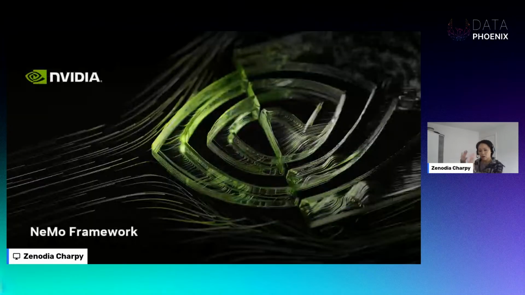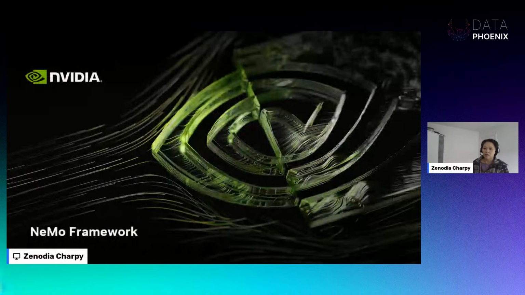Okay, so now we have talked about the NeMo LLM service, which is basically our way of opening our foundation models to people who had access to it. Now it's in early access, in order to leverage those models that we trained.